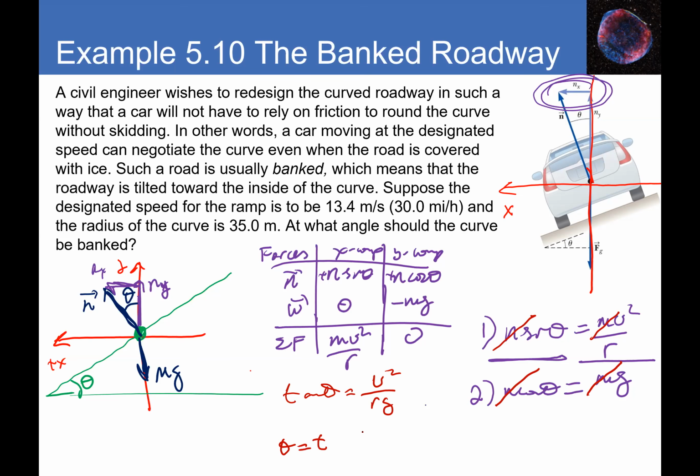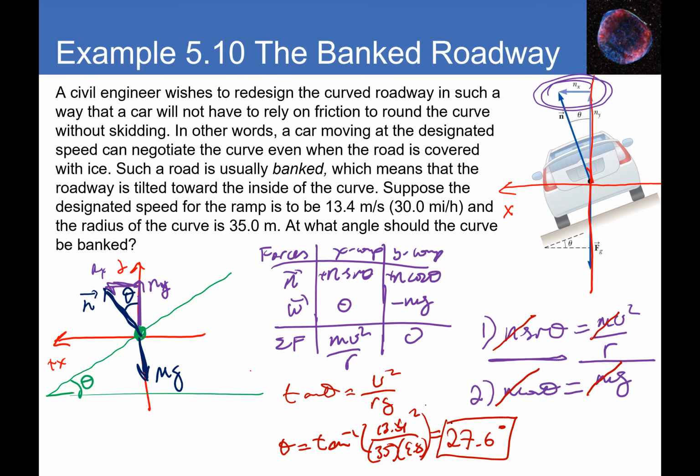Inverse tangent of speed 13.4 squared divided by 35 meters times 9.8. I calculate to get 27.6 degrees. That's my incline angle. That means if this car goes at 13.4 meters per second on a 27.6 degree banked